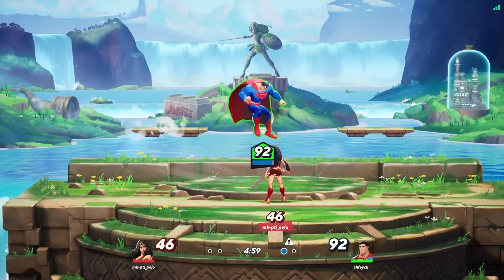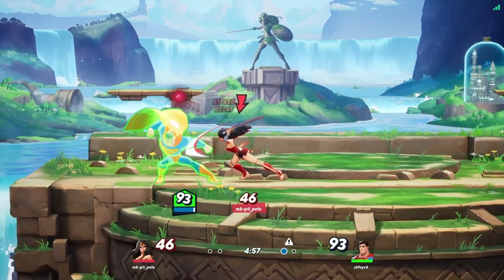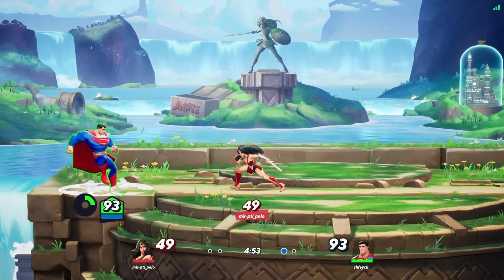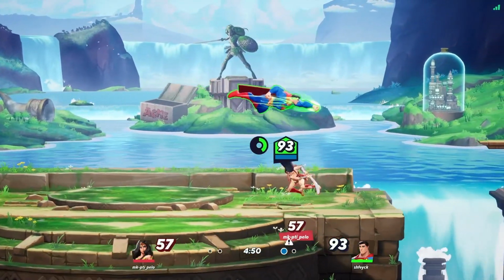playing as this character. Now, obviously, I've mentioned Taz and Finn mainly in this video. Most of the characters in this game have their little movesets that really make them overpowered, but the fact that Superman just has